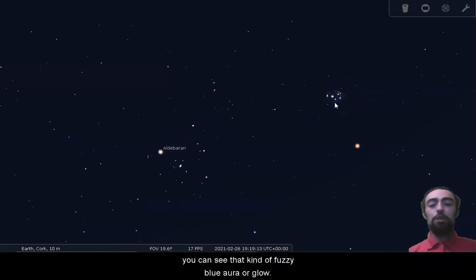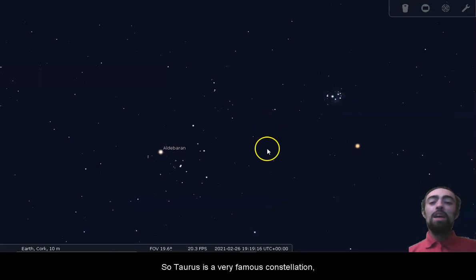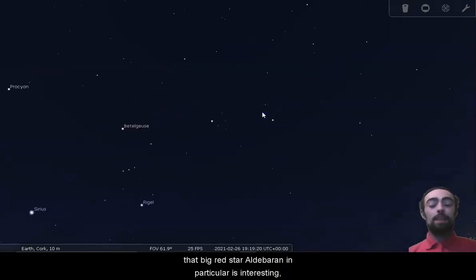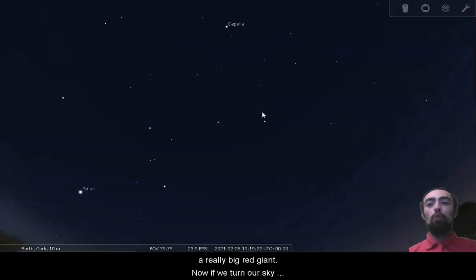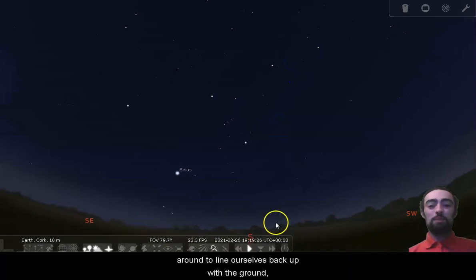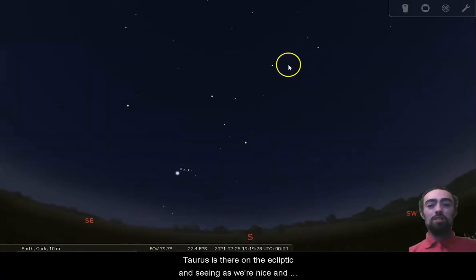You can see that kind of fuzzy blue aura or glow. So Taurus is a very famous constellation. That big red star Aldebaran in particular is interesting, a really big red giant. Now if we turn our sky around to line ourselves back up with the ground, Taurus is there on the